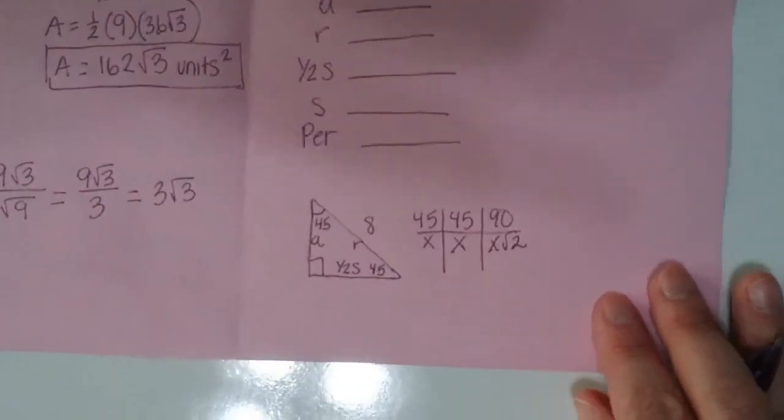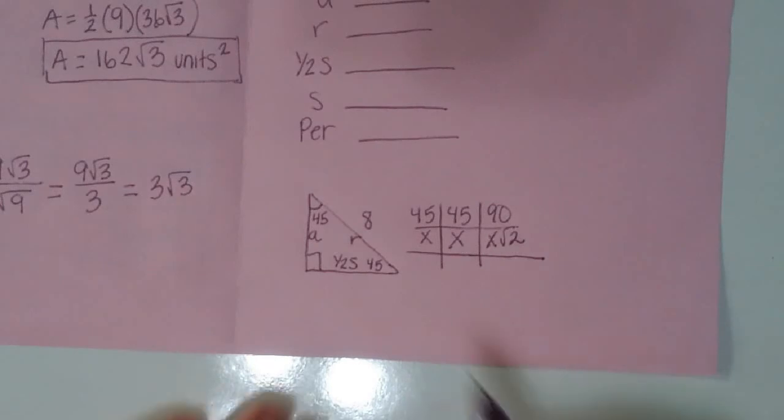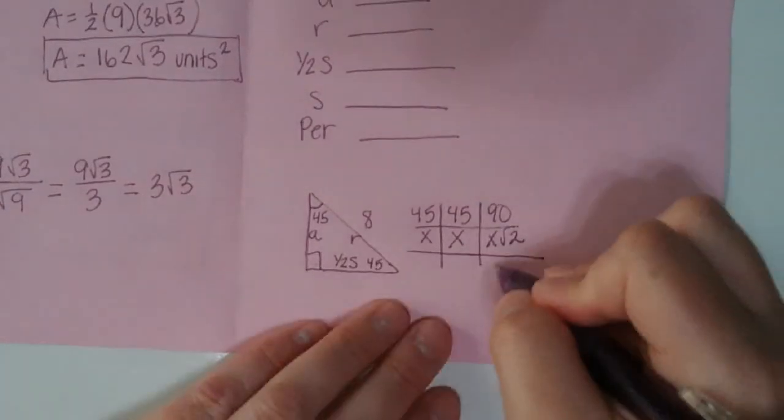Zoom in so we can see down here better. All right, what we know is we know that across the 90 is 8. So I'm going to